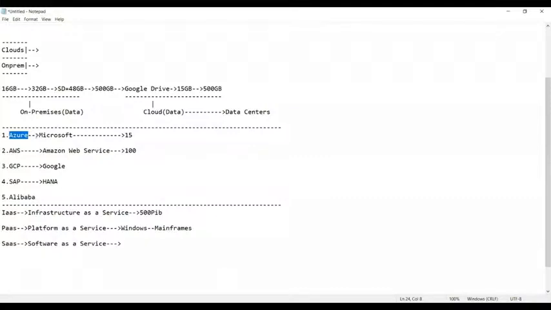Getting my point? Simply we need to pay the cost. Cost is mandatory, so you have to pay the cost for that. And this billing will be done on a monthly, hourly, weekly, or daily basis, based on your comfort. So that means you pay more, you get more services. You pay less, you get the basic services. That's the only concept.